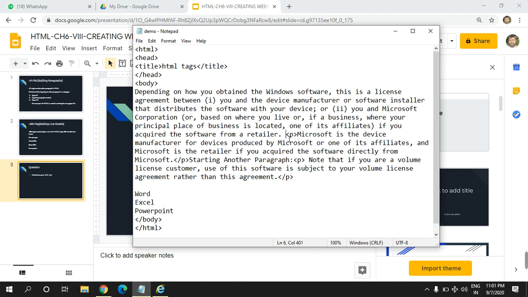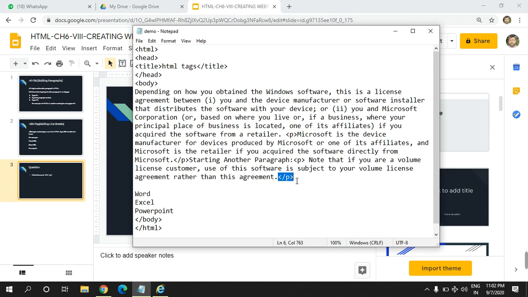The first paragraph tag is here, meaning the first paragraph starts from here and ends here, at the closing tag of the paragraph. Now I have again put the paragraph tag here and closed it here. So it means we have inserted two paragraphs into this document.